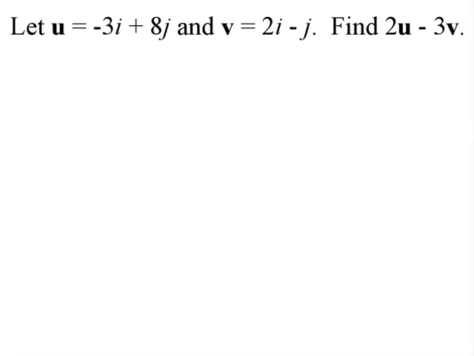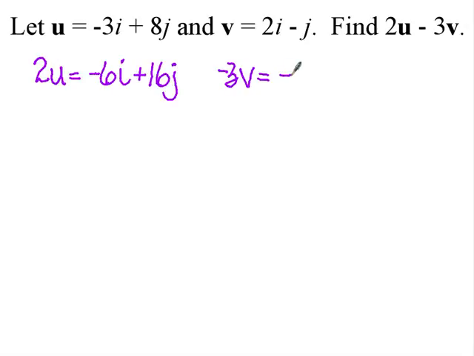So let's go ahead and look at this one. Now this one is in terms of the linear combination, so this is in terms of i and j. And so then the question is find 2u minus 3v. It's no different than if we were in the other form. 2u is going to be what? Negative 6i plus 16j. And then what's negative 3v? Negative 6i